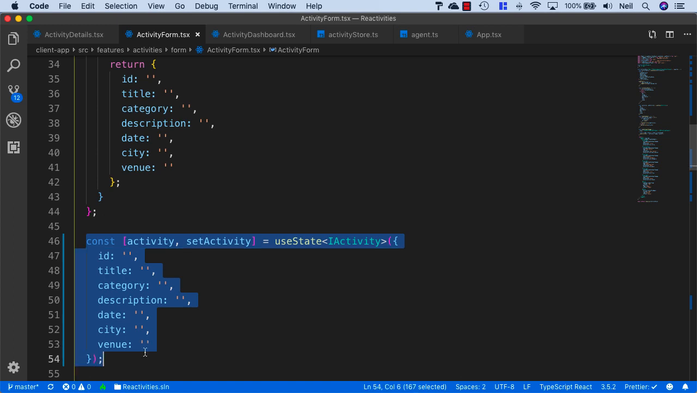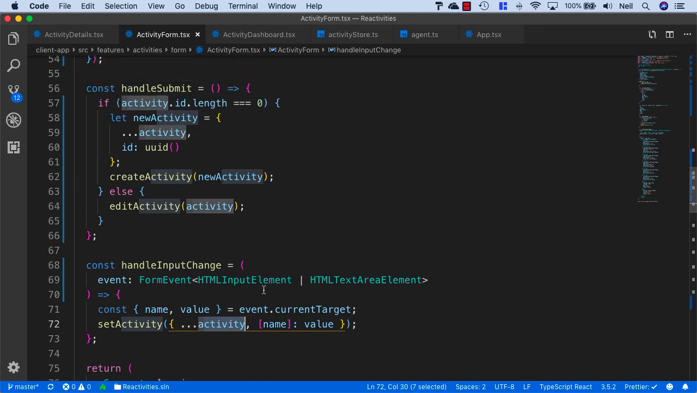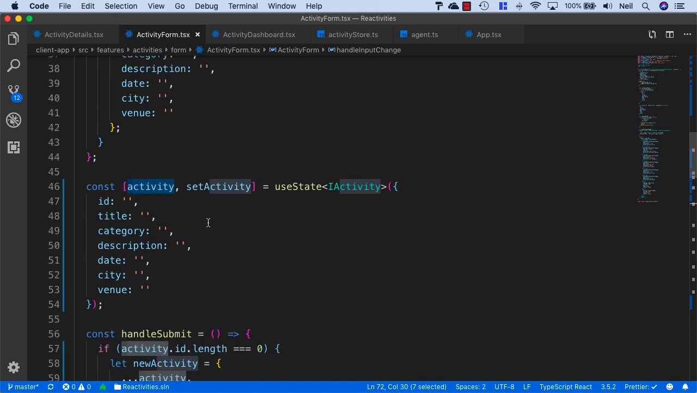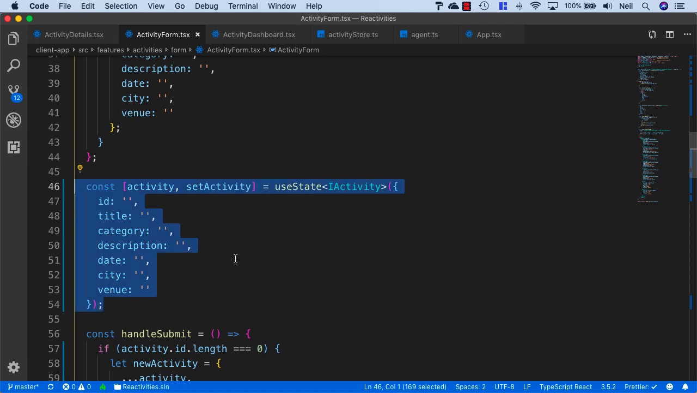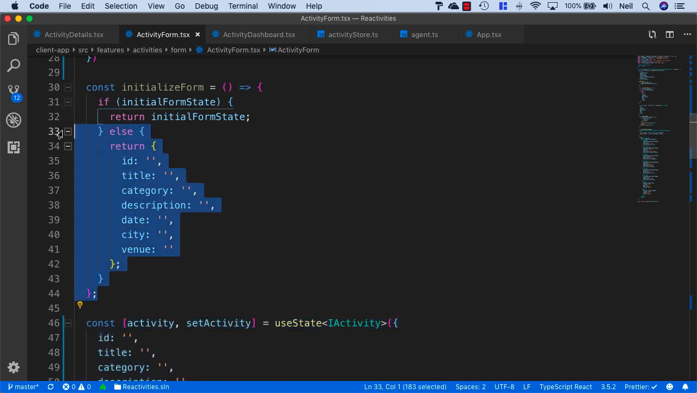inside our activity here. We still want to control this particular component with local state because we're using the handle input change, and it's our local state that's being updated with our input changes. So after we've loaded the activity, we want to call set activity, and this will update our state with the activity that we're about to edit and render this in our component. So we can remove this initialize form function,